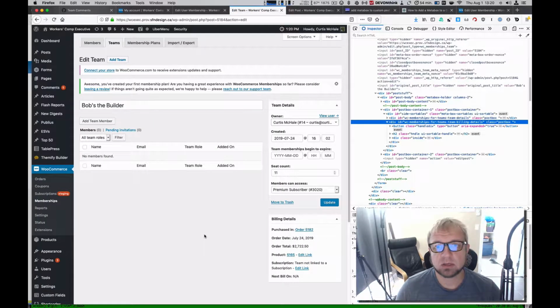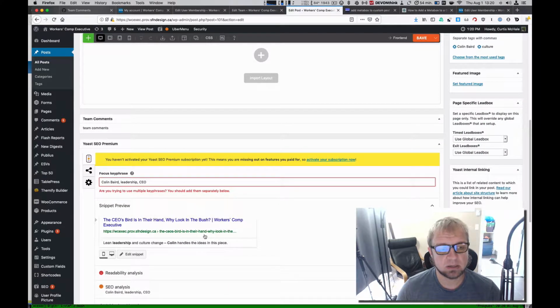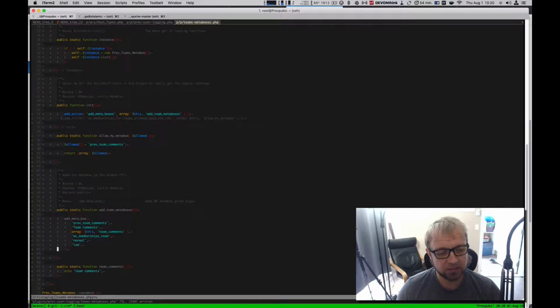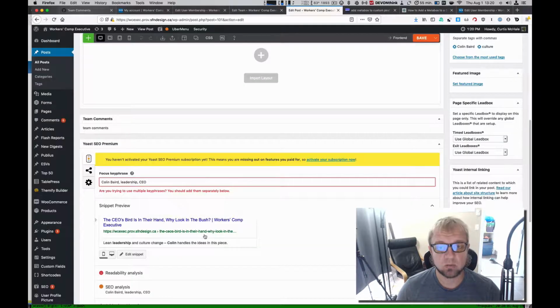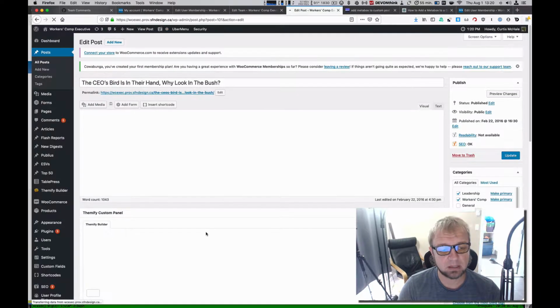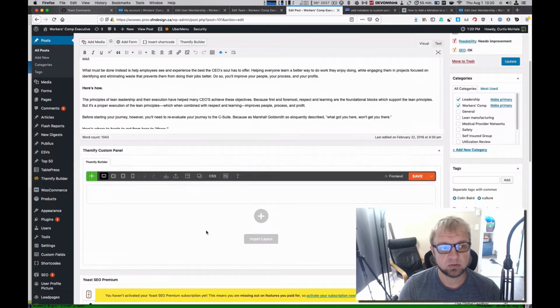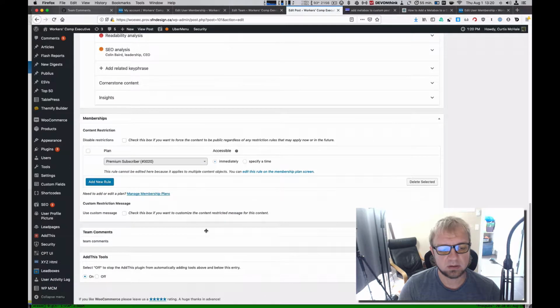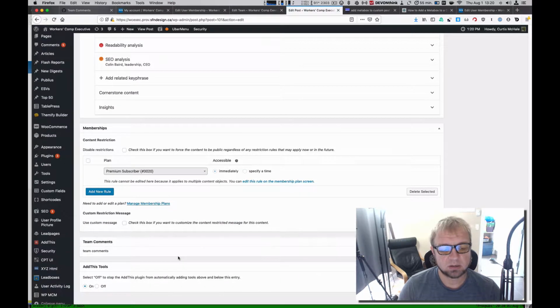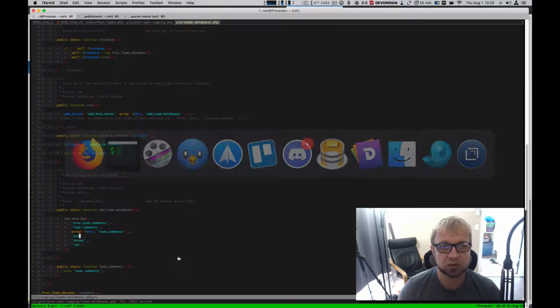And after doing some testing, you can see I have post here. If I change this parameter here to the custom post type or post that I want it on, so if I reset here, you can see that I do in fact have my team comments. There you go, team comments right there. So it works there, and it worked on pages, and it worked on other post types, but it did not work on the teams post type, which is called,